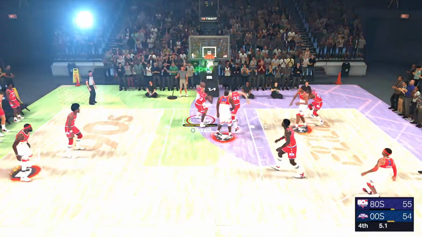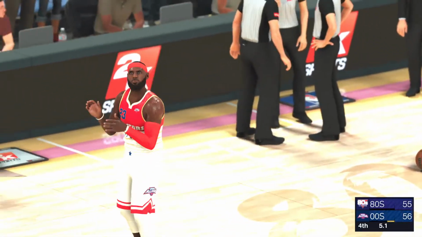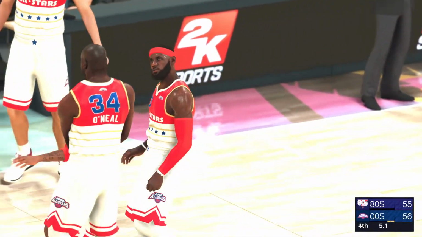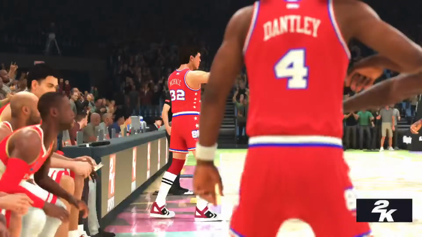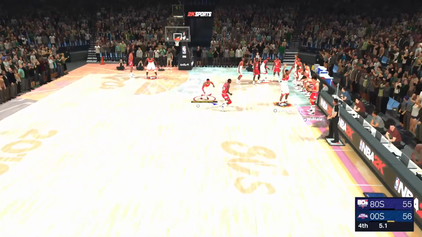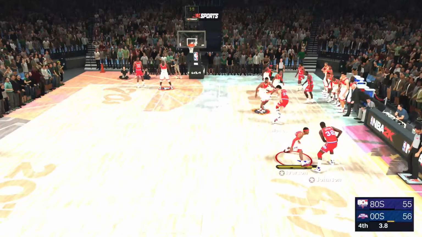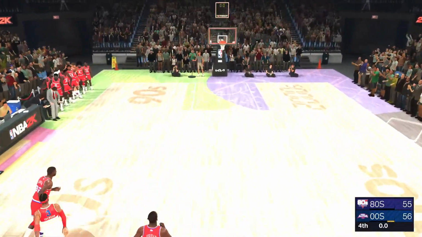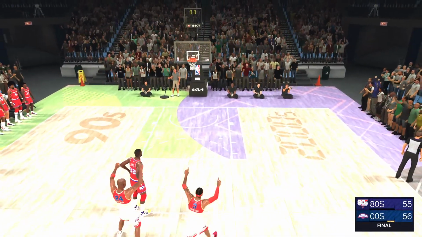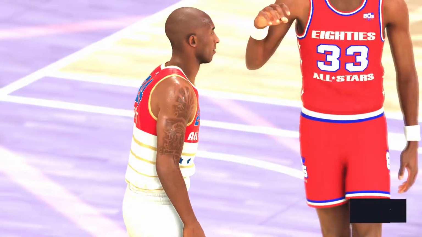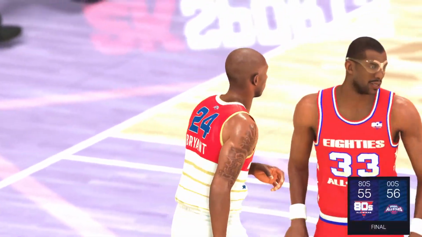Here's Bryant. It falls! Coming through when it matters most. Kobe thrives under pressure. Time called here. The 80s team will talk it over. They're trailing by 1. 5 seconds left to play here in the fourth. Guys, your thoughts? And this is it, guys. Down 1. They've got just enough time to work it around for a good shot. And it better be a good shot because it's the only shot they have. And so it's the 2000s team with the W. What a show they put on here at home tonight. I mean, these are those games that